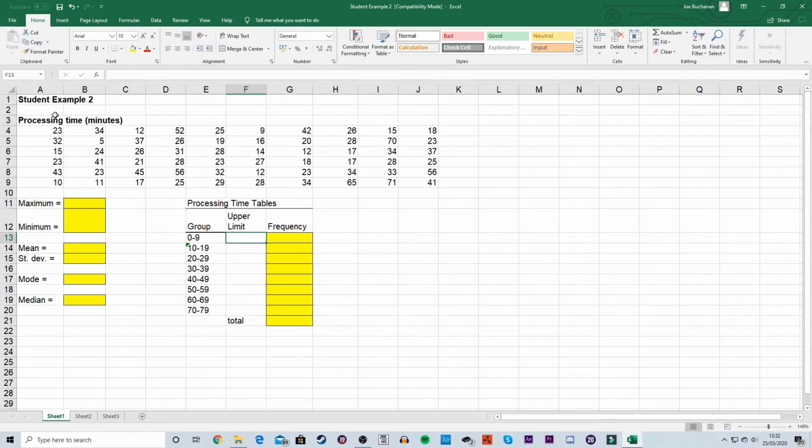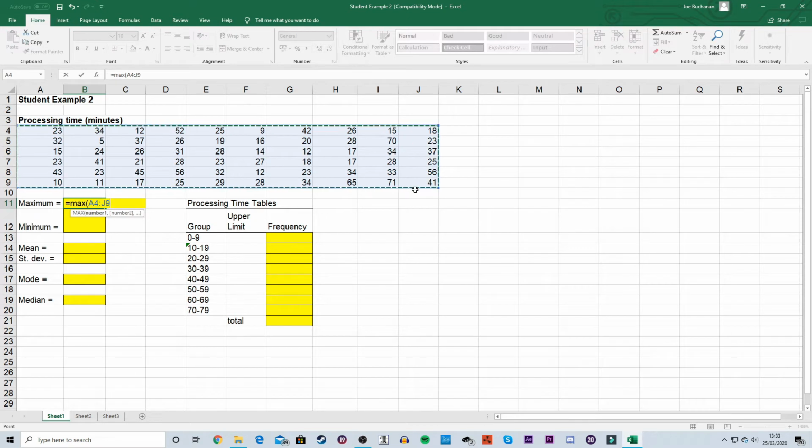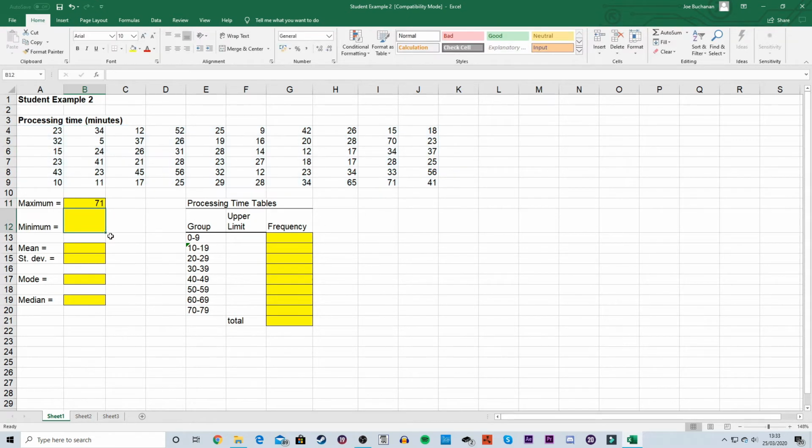Okay, I'm using the file student example 2 from the statistics section of Brightspace, so you do have access to this and you can work on it and use this as a reference. Okay, so we know, as we say, maximum equals max. Open brackets, click and drag over the range of processing times and hit our enter key. Minimum, exactly the same, equals min. Open brackets, click and drag over the range